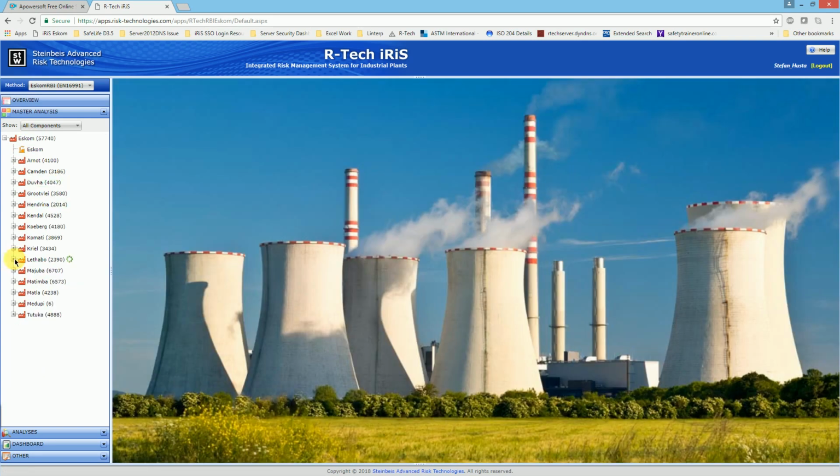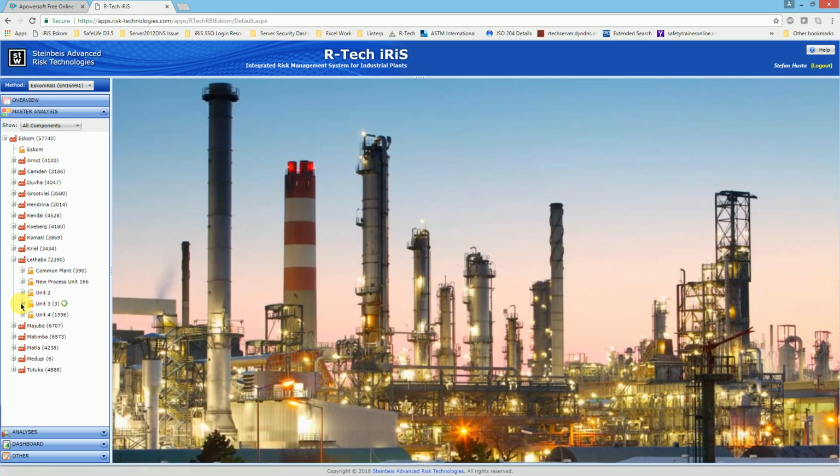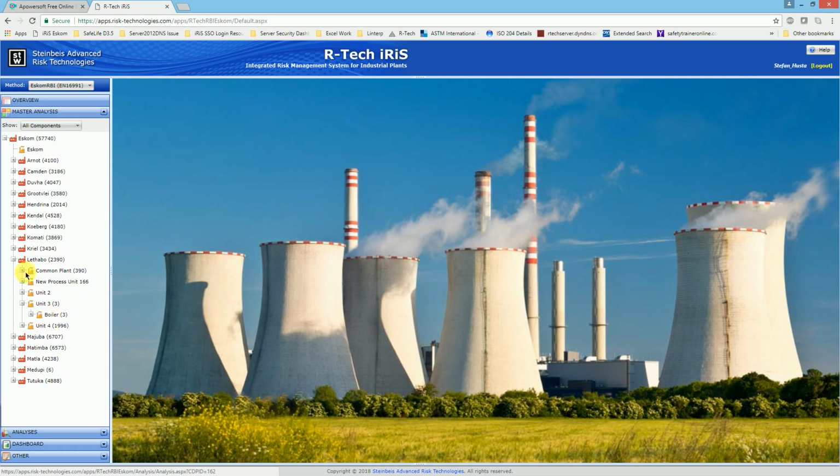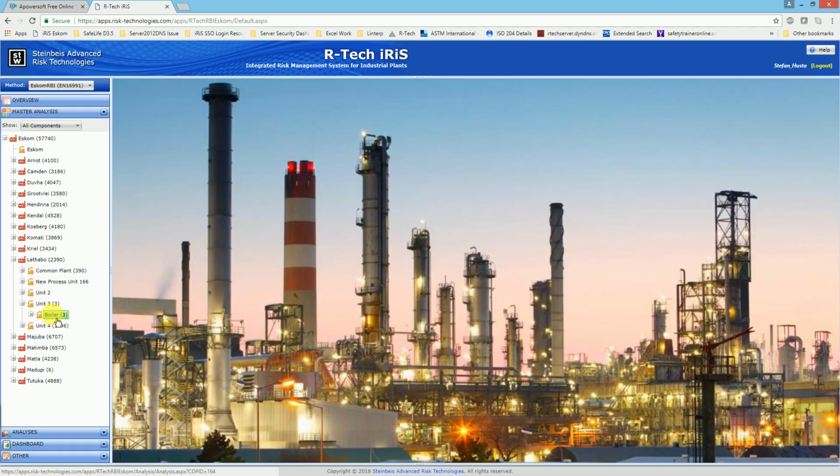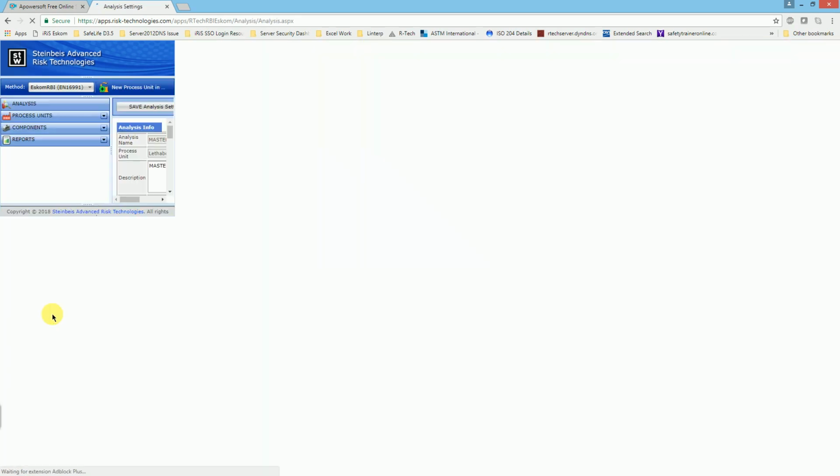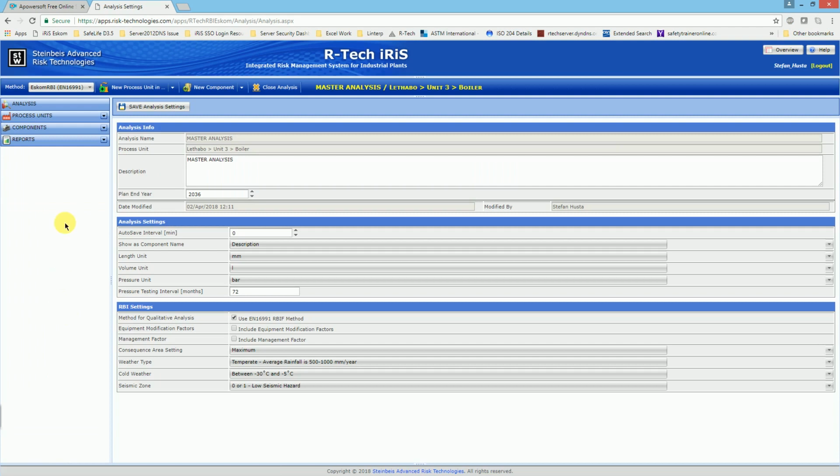And in this case, if I expand Letabo, and yes, you can see if I expand Unit 3, you can see that I have actually 3 components there, these 3 components belonging to the boiler. So I'm going to go ahead and navigate to Letabo Unit 3 boiler. And now maybe go into some of these things in more detail, but first I want to show you